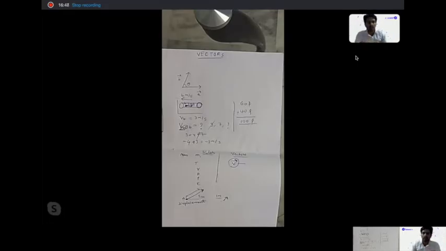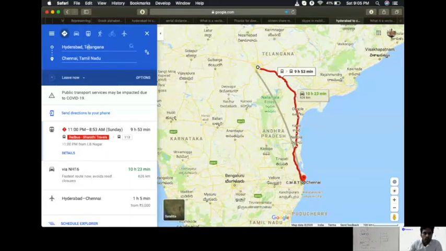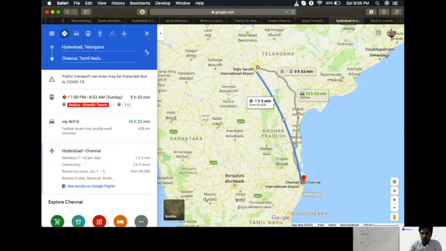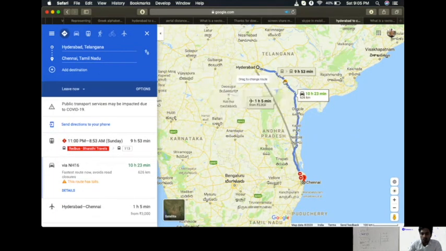So to understand this, we're going to look at a very practical example. Suppose you know Google, right? Let's just start with Google, and I'm talking of the distance between Hyderabad to Chennai. I see here Hyderabad is positioned here, Chennai is here, and it is going to show me a particular route in blue, which is going to show me the road distance. Now, there's nothing special about this road distance. It shows me 626 kilometers.